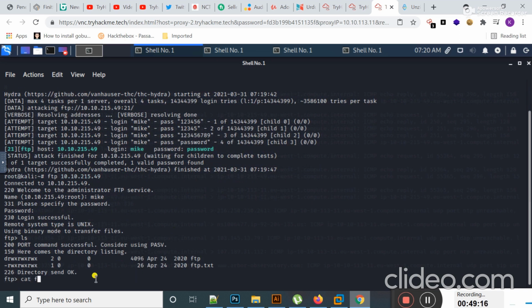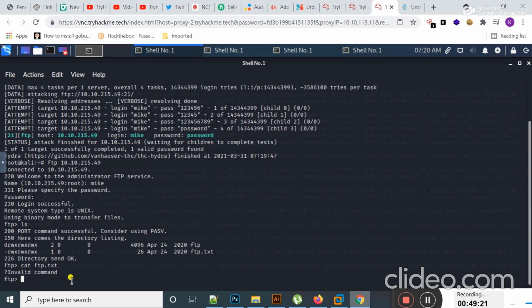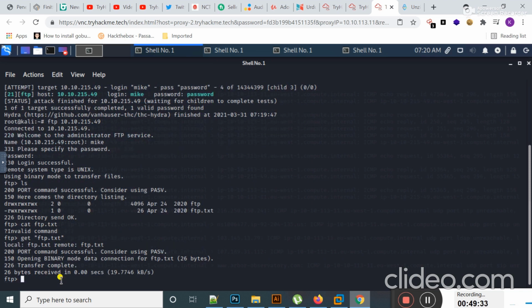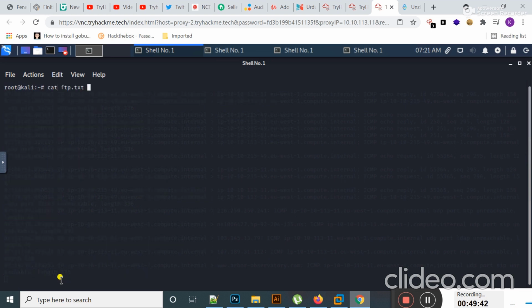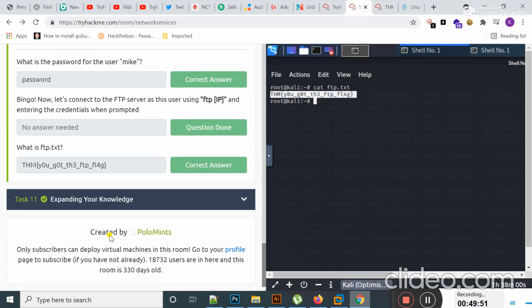We can do it by typing ftp and the IP address. If I type here ftp and then the IP address 10.10.215.49 and hit enter, then anonymous, and hit enter and hit enter, I have successfully logged into the FTP.